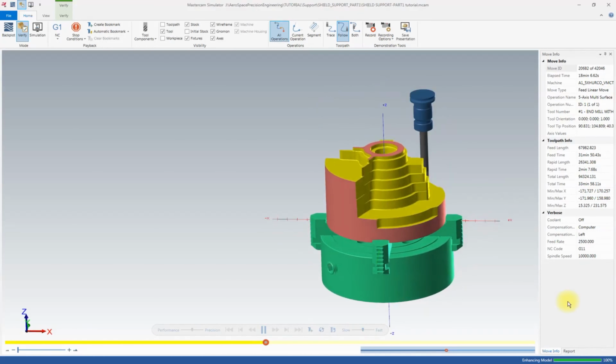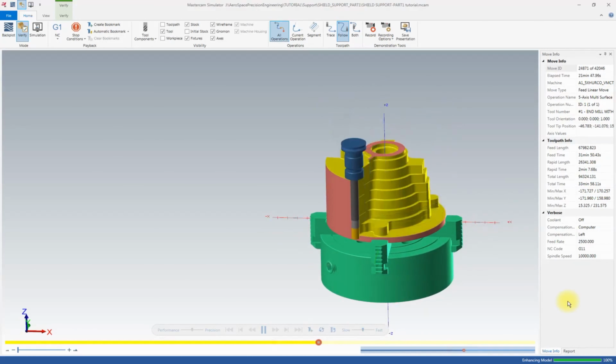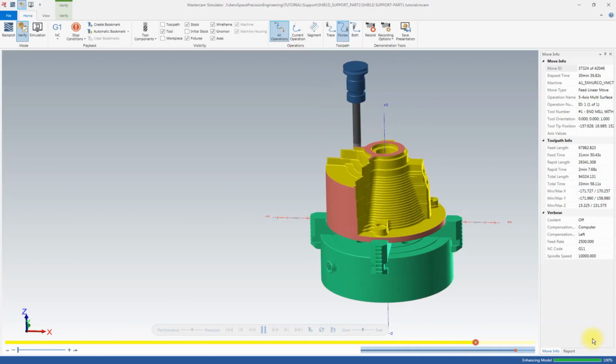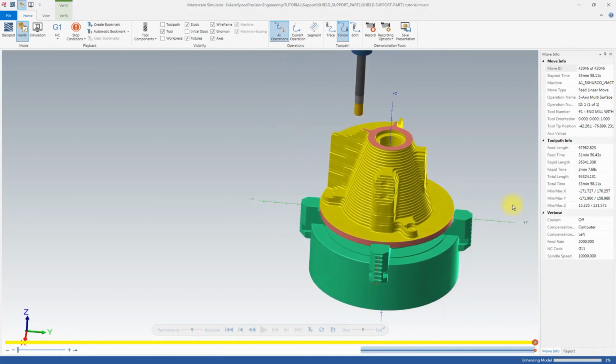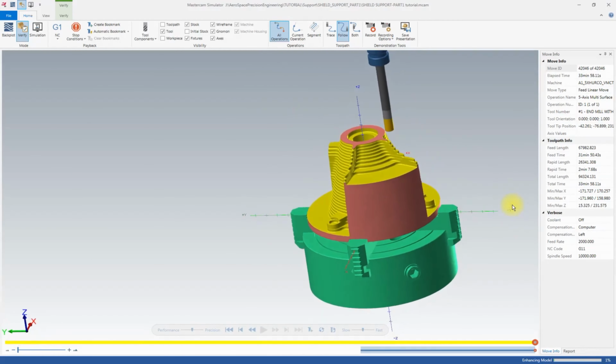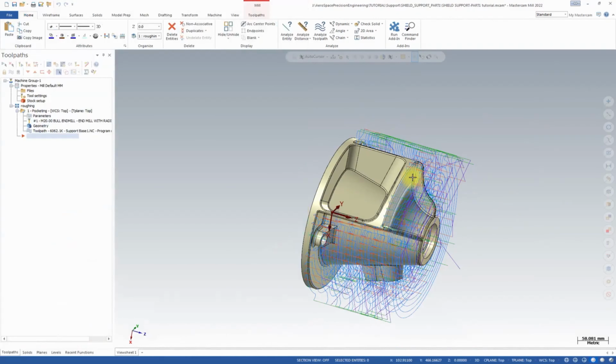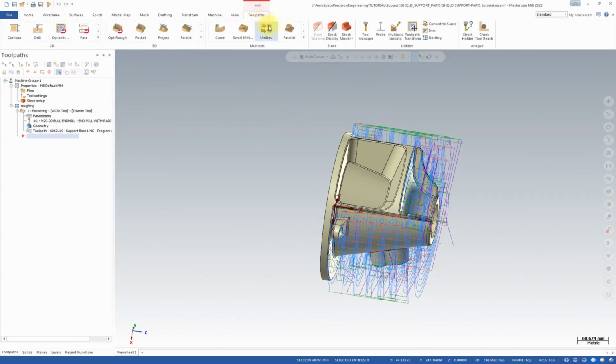See the backplot simulation. The roughing operation will be based on the 3D model. See the perfect roughing of the toolpath. First rough. In this example we are going to do another pocketing operation, a rough of this pocket, the conical